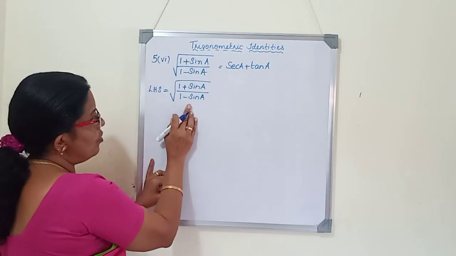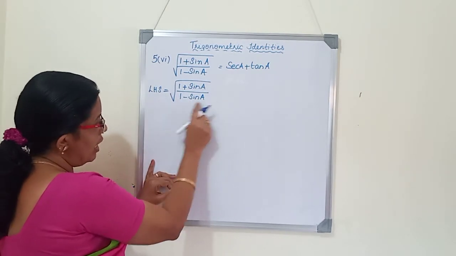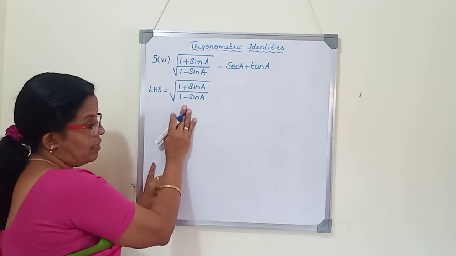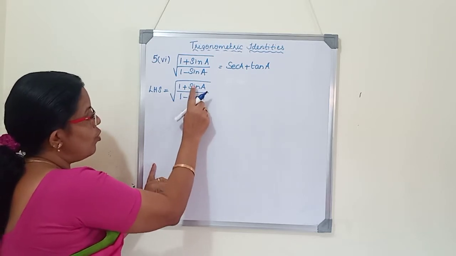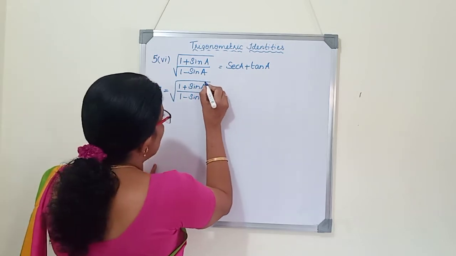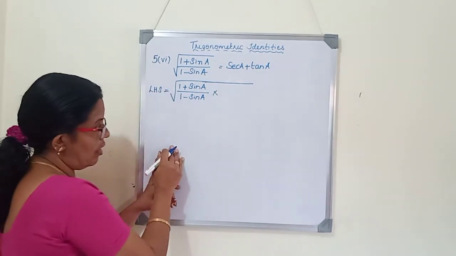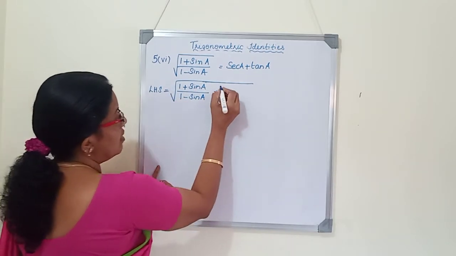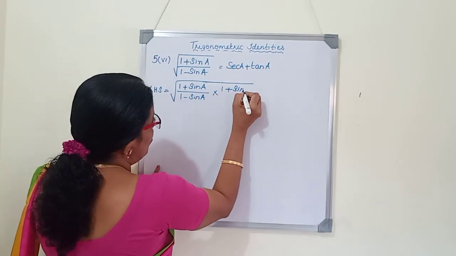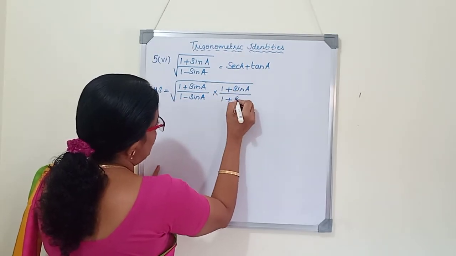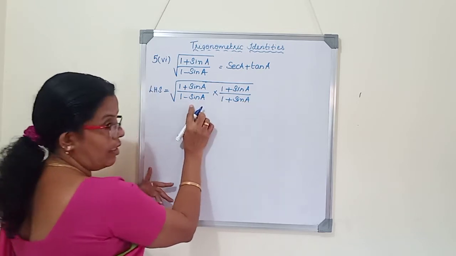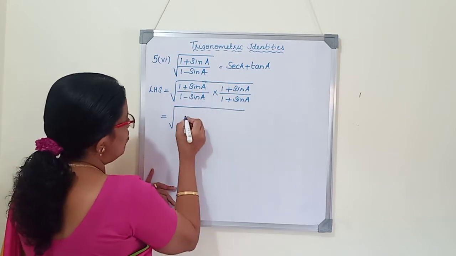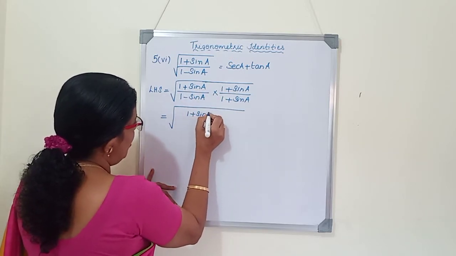So here what we have to do is multiply the numerator and denominator with the conjugate or the rationalizing factor of the denominator. That is, we are rationalizing the denominator. As both the terms are under root, we will write the rationalizing factor under root. So the rationalizing factor of 1 minus sin A is 1 plus sin A. So we will multiply up and down with 1 plus sin A. Now it is equal to root of (1 plus sin A) into (1 plus sin A), which is (1 plus sin A) the whole square,